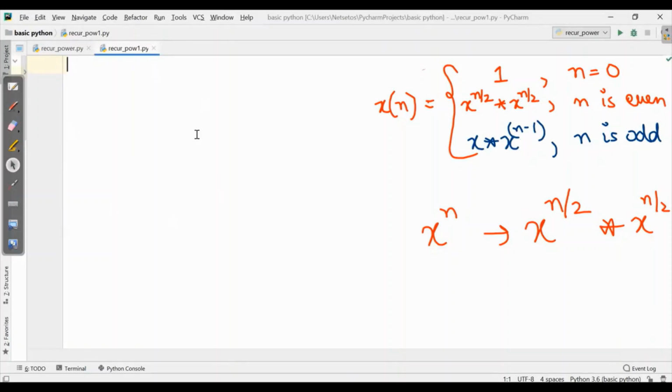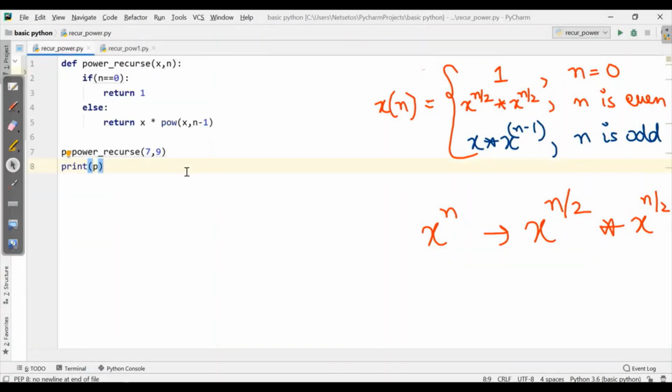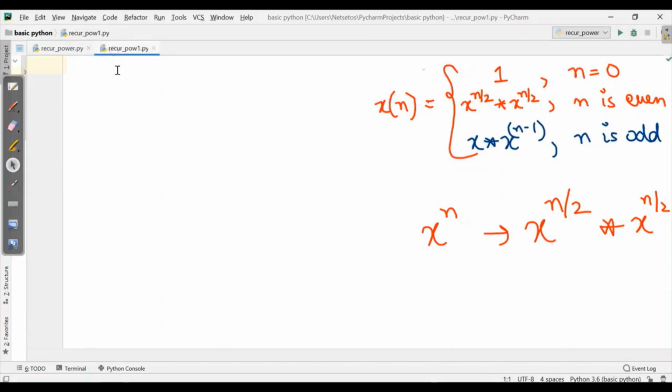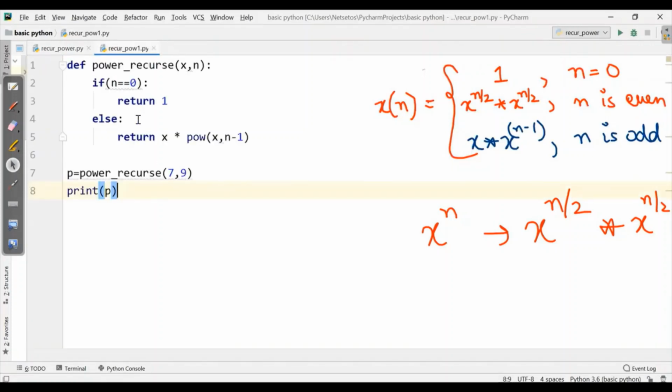So for this program, I'll copy the same program and paste it over here. I just need to add some conditions. The base condition will be the same, then elif n is even, so n can be even by n modulus 2 is equal to 0. In this case, it will return x to the power n by 2, that means n by 2.